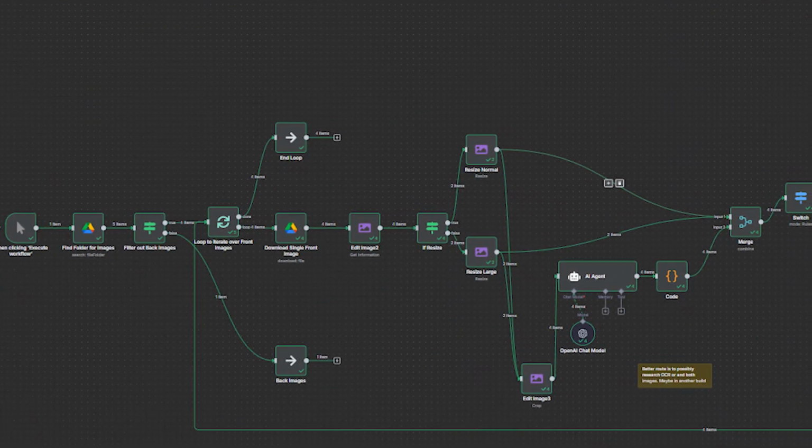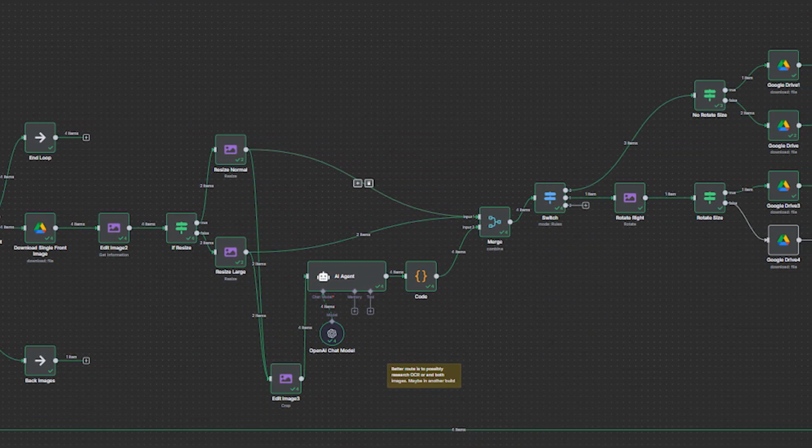Going to be showing you guys how you can build out this N8N workflow right over here, which saves me hours every single month posting images to social media. We're going to create the images in this workflow from scratch, and I'm going to show you how we could do that in just about 20 minutes. I'm going to jump on my computer right now, talk about the problem statement, and then we're going to go